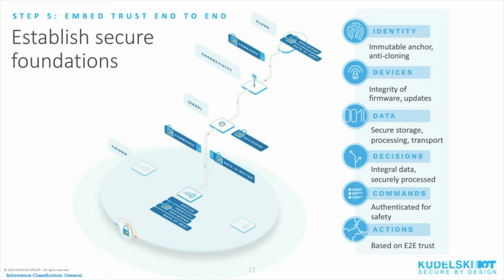So once we have a design and we understand the threats, then as you see in this ladder here, going from the devices at the bottom, these are all the things that we need to protect. And so our architecture, once we've decided what needs to be protected, we needed to put in place some technology, some system that'll make sure that the device is protected, its identity is protected and can't be cloned, that all of the data is secure end-to-end, that the decisions that it's making are also secure and can't be tampered with,